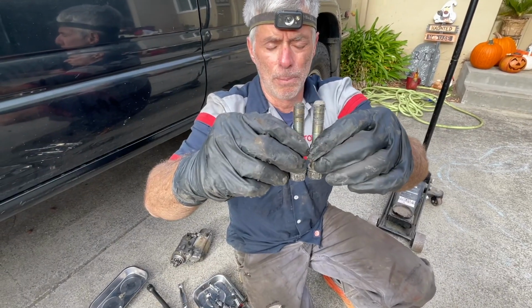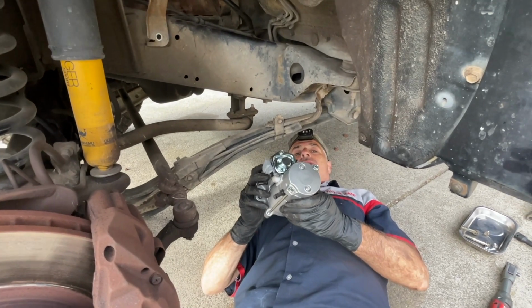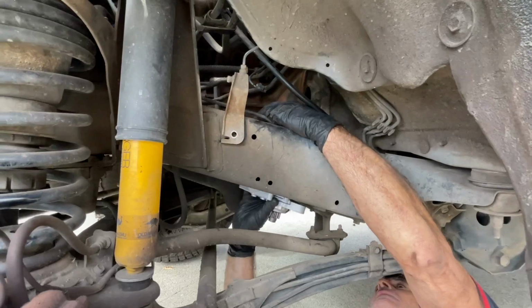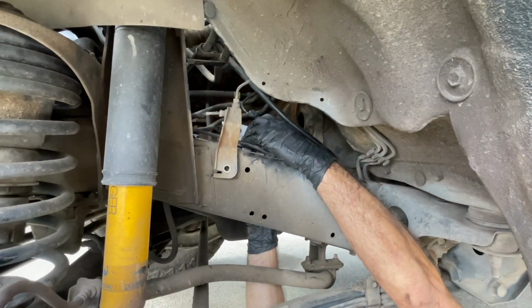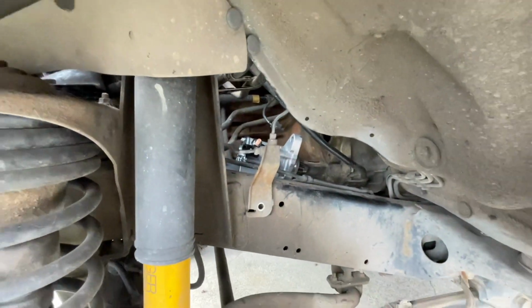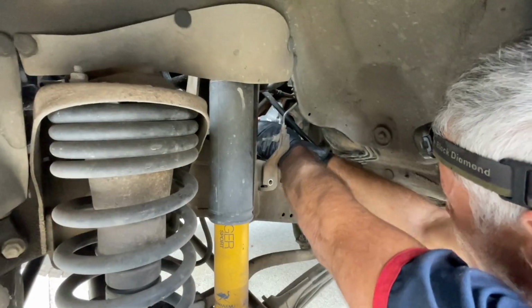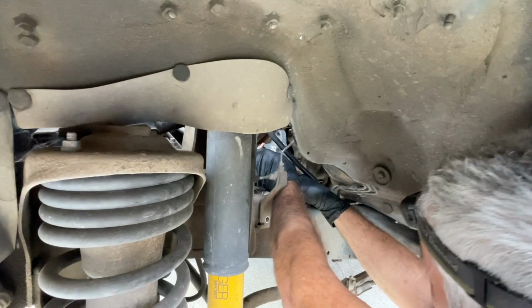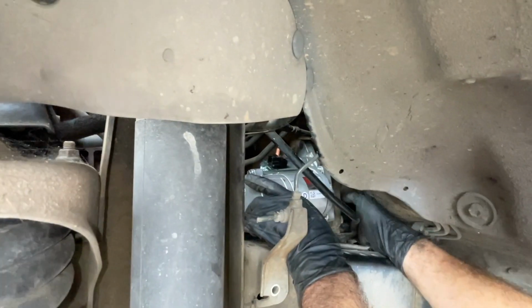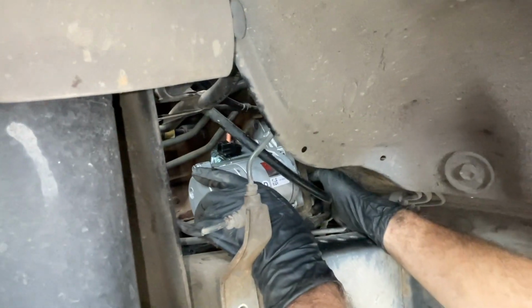Just to let you know, both of the starter bolts are the same length. So I'm going to go in with the new starter the same direction I took the old starter out. Then I'm just going to kind of rest it there for a second and then reposition into the fender well. So I'm just going to feed the starter in, get it aligned. I've got the starter in there and I've got the bottom bolt started, and then I'm going to get the